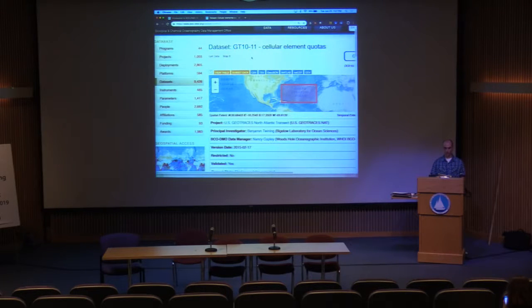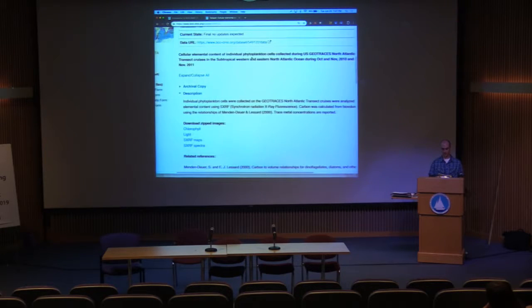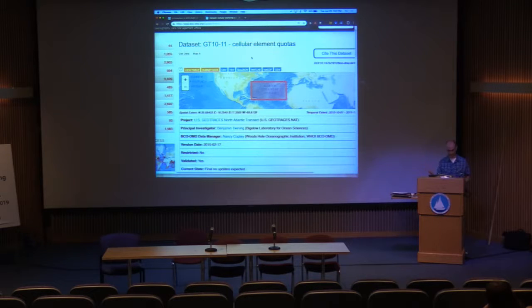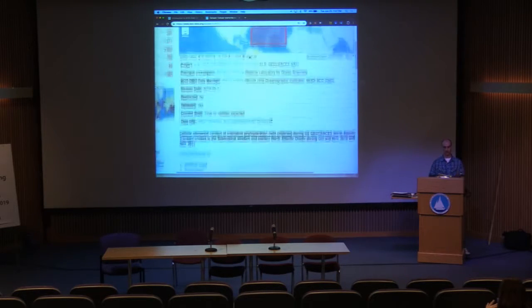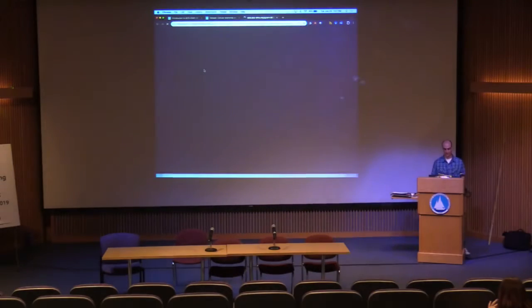And so this is an example of one of our metadata landing pages. This is a GeoTraces data set. I think this is a Ben Twining data set. And so we build out these robust metadata records, with all this description and information, and then if you just want to get at the data, a typical pathway would be to go to this get data link. And what this does is take you to, well, of course, doing a live demo, things don't work as